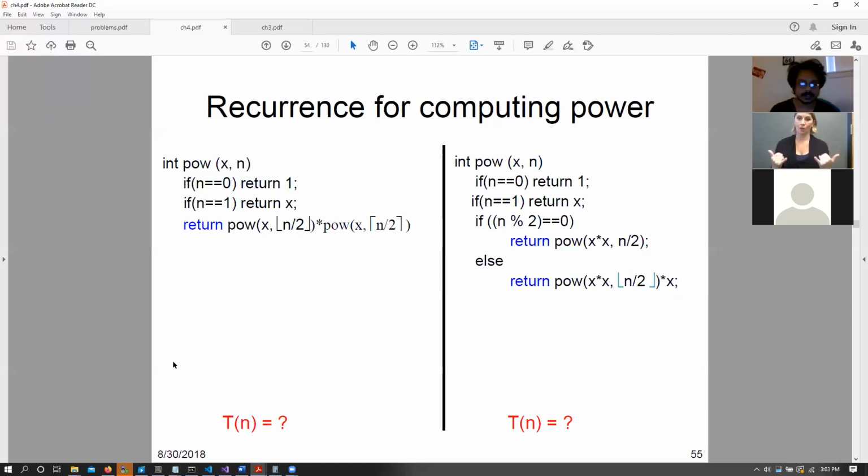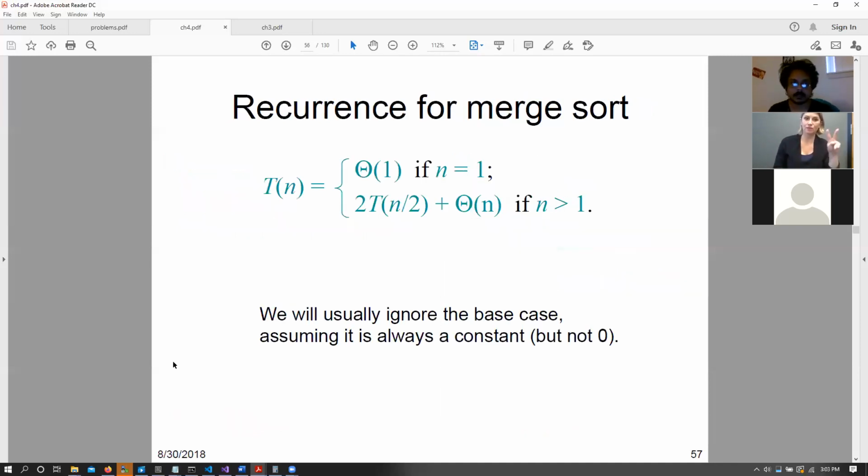Now, essentially the time complexity of these two functions are 2T n by 2 plus theta 1 and the other one is T of n by 2 plus theta 1. So now that we have these complexities, we now need to figure out how to get the bigger complexity, big theta and things like that. So we are going to talk about merge sort first. Merge sort complexity is 2T n by 2 plus theta of n, where each time we are separating the array into halves and combining them in a merge function where the combination requires theta of n, right?